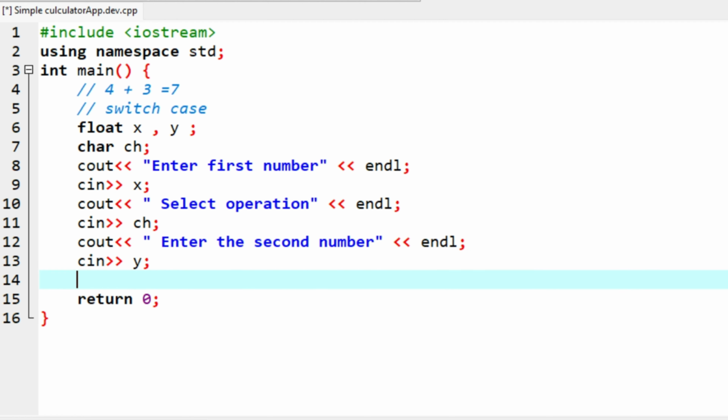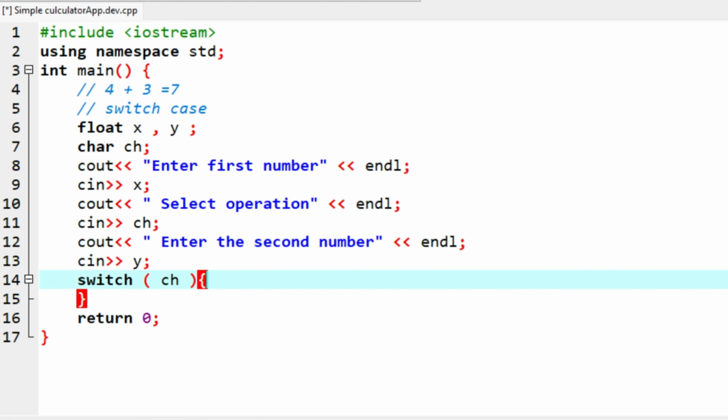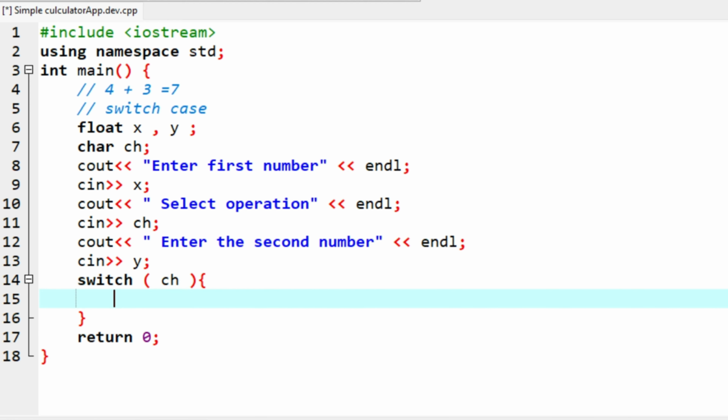Yeah, by using switch. And the syntax of switch is this: switch, then search as our operation, then open and close curly braces, right? Like this, you see. Now after this we have to write the cases. In case, for example,